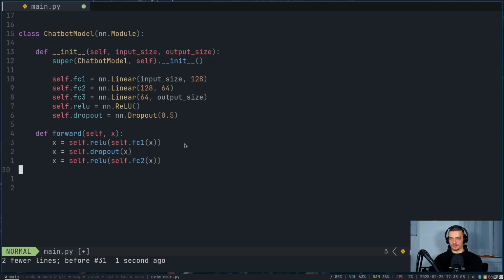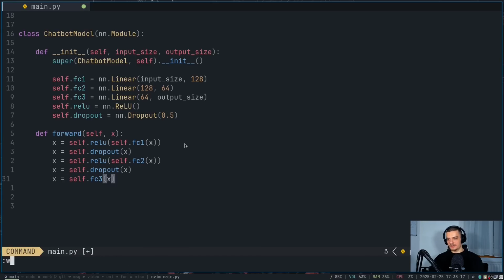I want to apply another dropout then. And then I want to do the same with the third layer, but this time I don't want to apply the ReLU function because these are my logits for the softmax. Remember, we want to have output probabilities, so we are not going to apply ReLU. We're going to apply softmax, or it's going to implicitly apply softmax in the loss function, but that is our